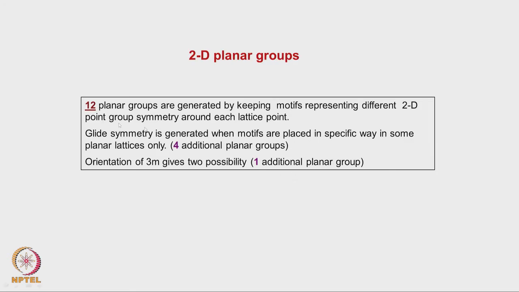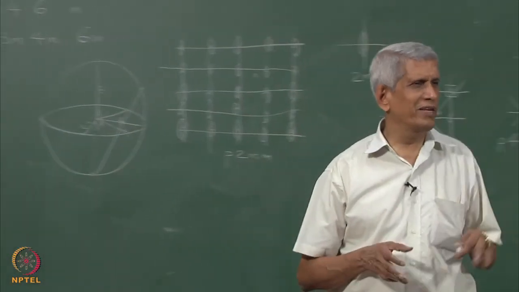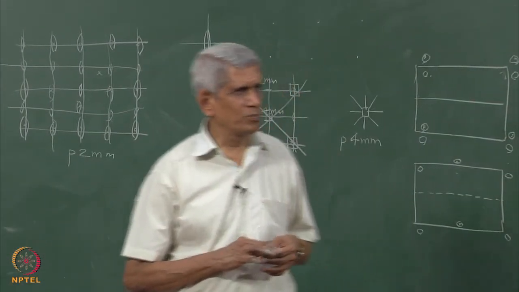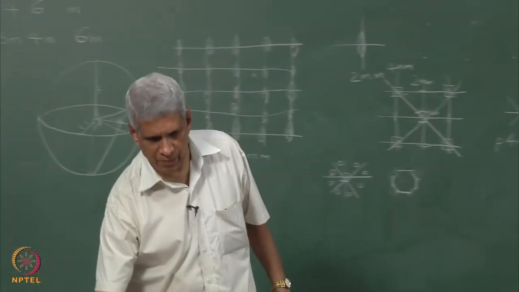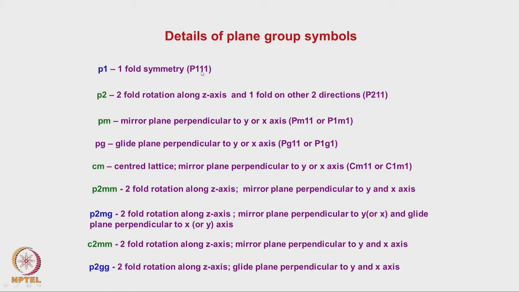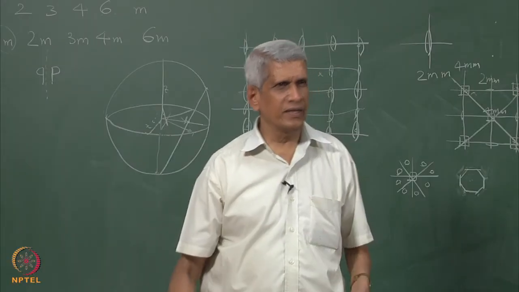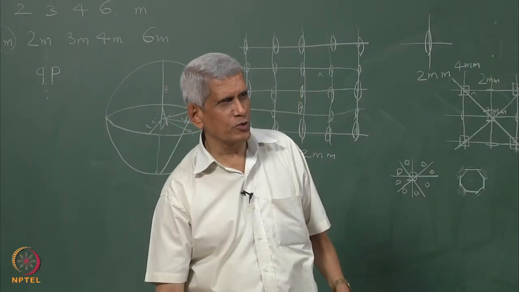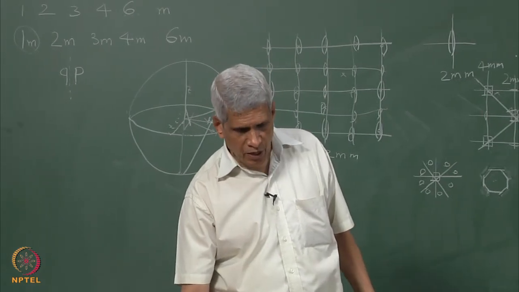Okay. So if we do that, we will have a total of around 17 planar point groups. Okay. Now we have come to an end. When we say P1, one-fold symmetry, actually it has to be written P111, because along the x-axis there is one-fold symmetry, along the y-axis one-fold symmetry, along the z-axis one-fold symmetry, because we use a coordinate system to represent it, right. But generally a short symbol is used, P1. Okay. This I had also given.